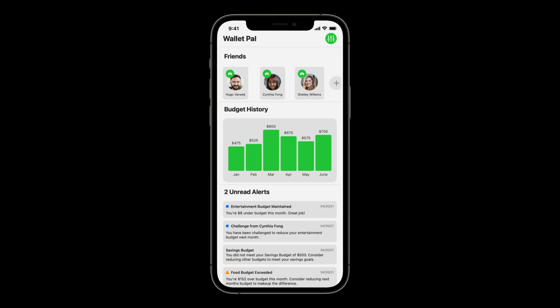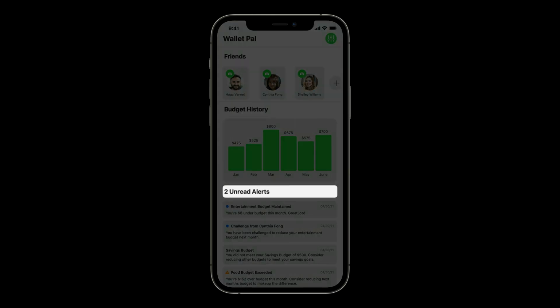Now that the basic navigation experience of WalletPal has been refined, let's take it a step further with rotors. In WalletPal, alerts help keep user spending habits in check by providing motivation messages and warnings when budgets near or exceed their limit. We've incorporated SF Symbols for the different types of alerts. These allow visual users to quickly scan through the list. But this iconography will not help VoiceOver users.